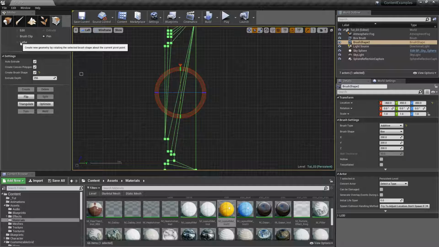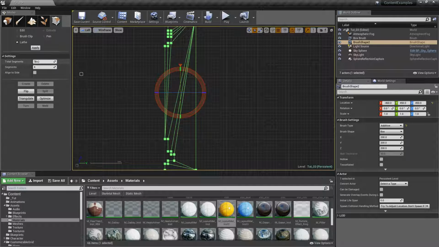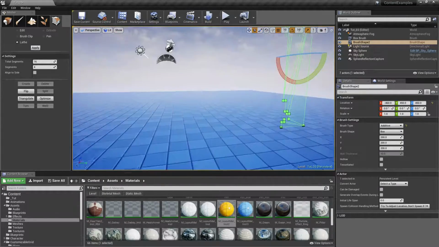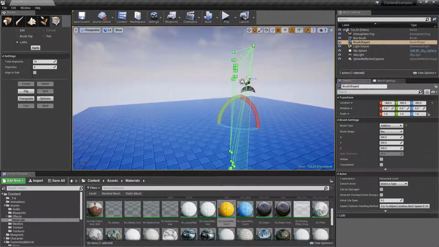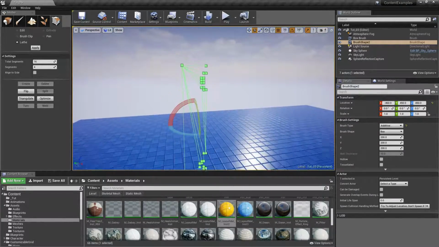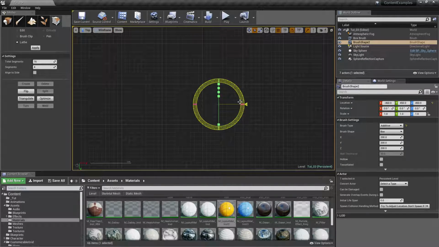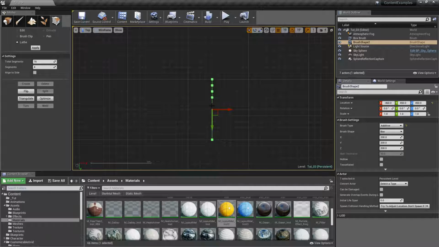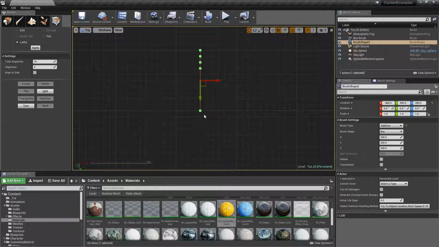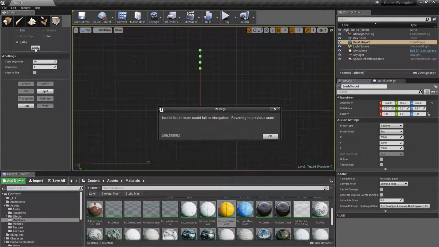So I'm going to switch to Lathe, and this works by rotating this brush that we made. So if we go to perspective view, we see that that's just a profile of the thing that we want to make. And if I go in a top view now and select the thing, and we're in Lathe, we need to add a pivot point, so I will add the pivot point here. So Alt middle click, and if I click apply,